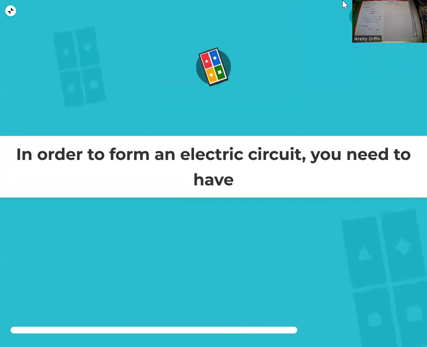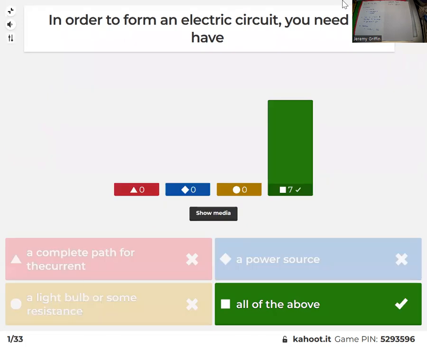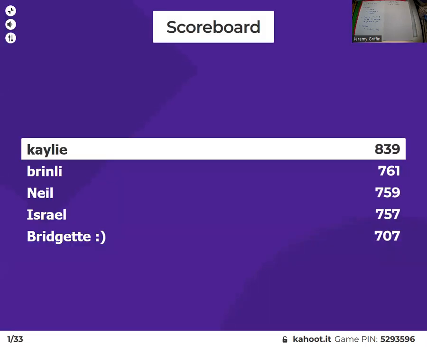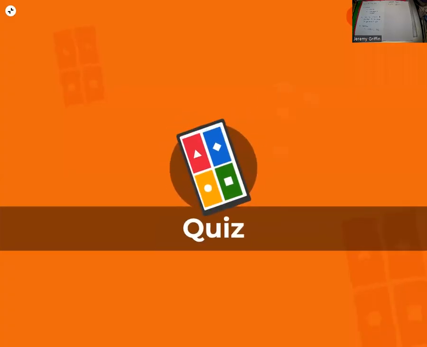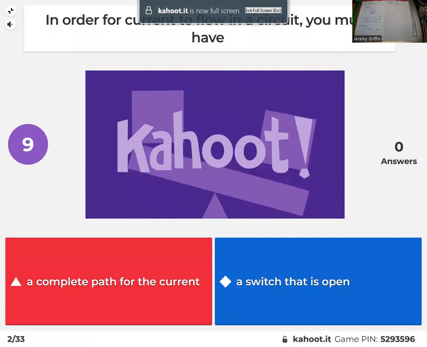In order to form an electric circuit, what do you have to have? Yeah, all the above, right? So you need a closed circuit, some kind of voltage source. You need a resistor on your circuit. You need all those things. All right, points on the board. In order for current to flow in a circuit,